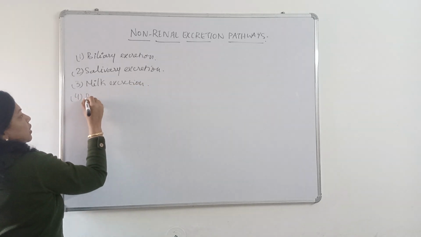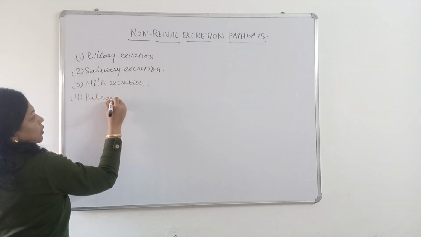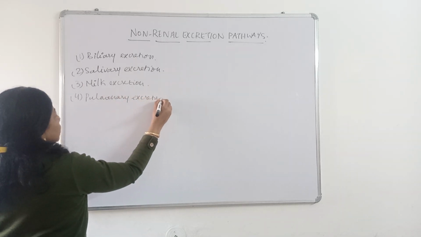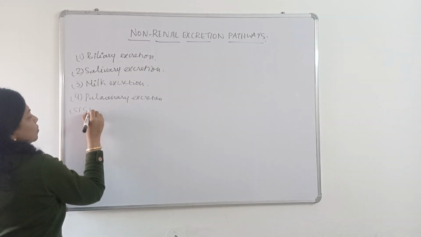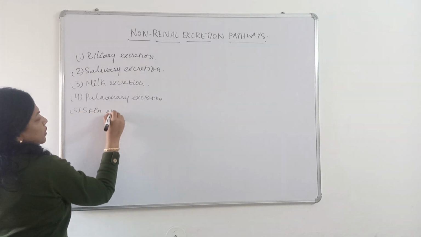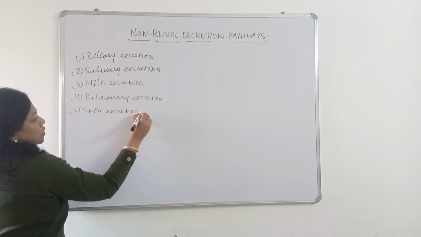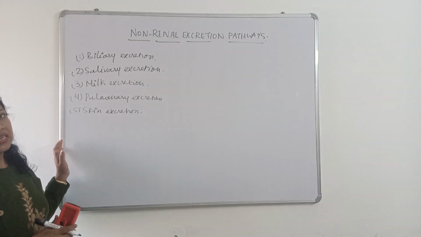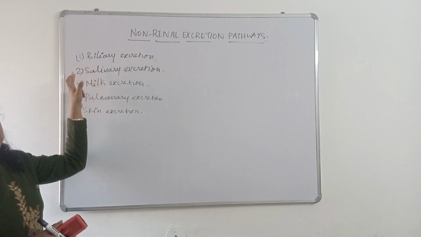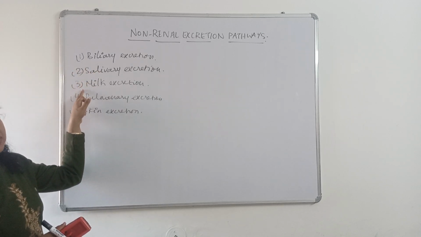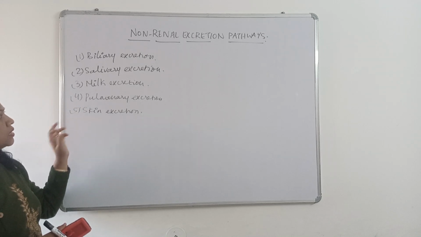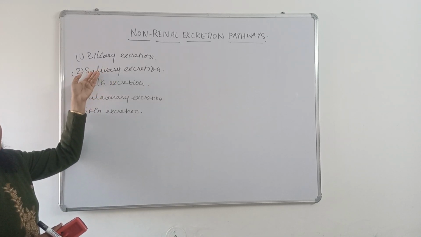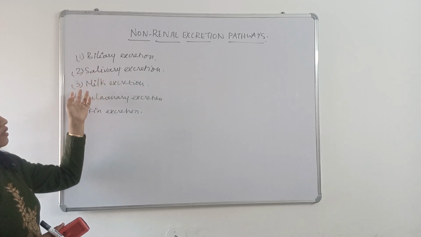Also minor pathways like the pulmonary excretion route and through skin, some drugs get excreted. So these are the non-renal pathways of drug excretion: biliary excretion, salivary excretion, milk excretion, pulmonary excretion and excretion through skin. Biliary excretion is mainly excretion of drugs through bile, whereas through saliva it is salivary excretion, and